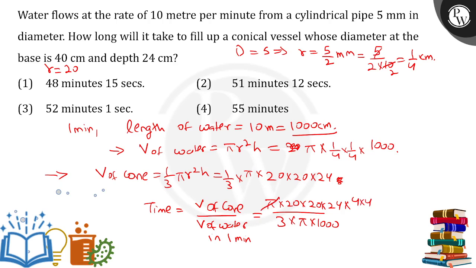Doing the calculation, pi cancels out pi, and you can do the rest of the calculation. The final calculation comes out to be 256 divided by 5. When you do the further division, you'll get 51.2 minutes, and this will be our correct answer, option number